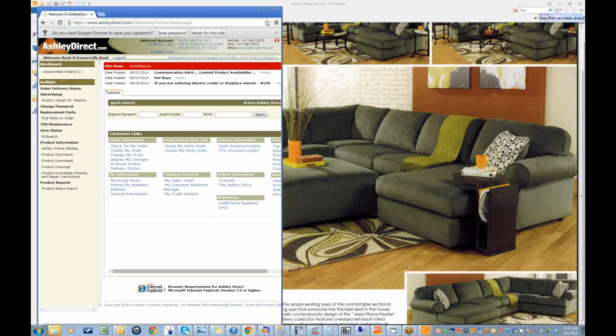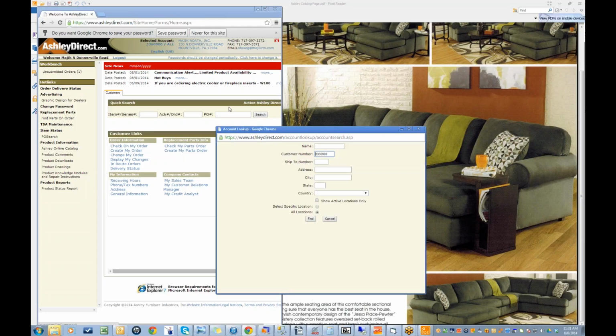This gets you to the Ashley website. First step is click on a location. Okay, so I select an account and it tells me select specific location right here. The reason we have to do this is even if you're just checking pricing, which is all you'll be doing here, it will not let you check pricing and availability without telling it which location you're talking about. So I click on select specific location, I click on find,